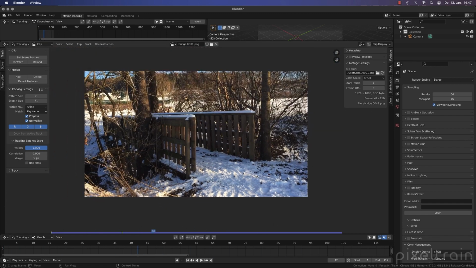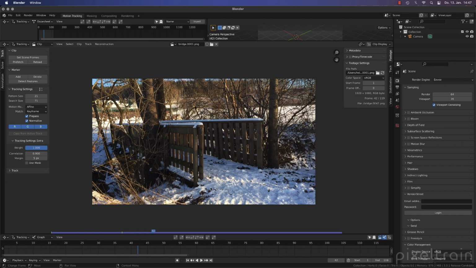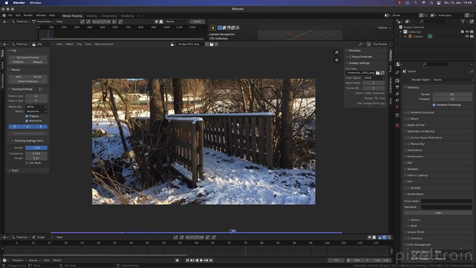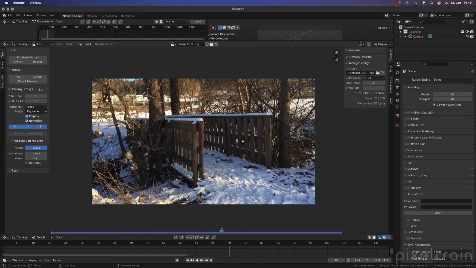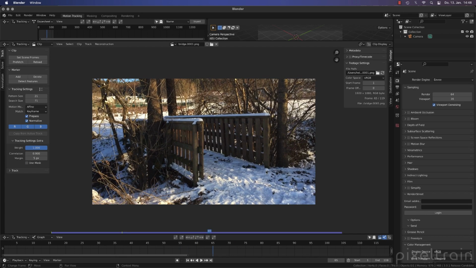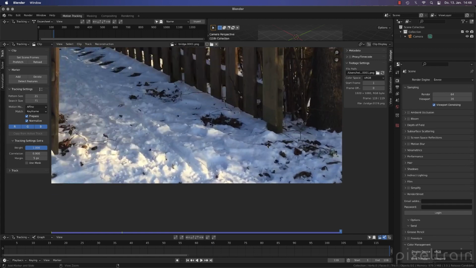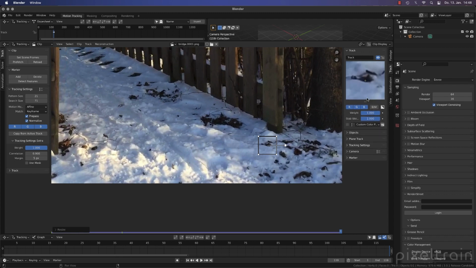If I have a shot like this here, I want to have trackers which are in the frame the whole time. So these are the best trackers. Long living trackers are always the best. So what I do is I look now on the floor and I scrub here and I see features which live for a long time. For example, this thing here lives the whole frame. So I go to the back now, to the end of the whole thing, and then I control click here to set my first tracker. I scale it up, and let's take a look into the tracking world now.